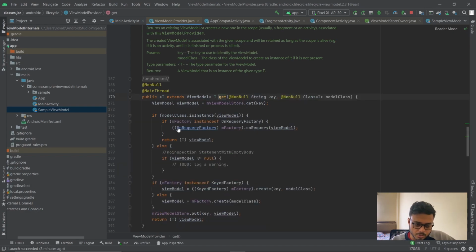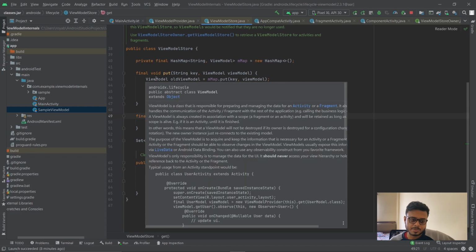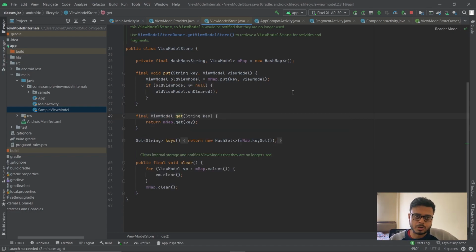So it goes into this get method where the key is taken, and then the view model store which we had previously got from the store owner. There we call this dot get method. If I jump into it, the view model store itself is, as the name suggests, just for storing the view model. It holds references to view model instances.